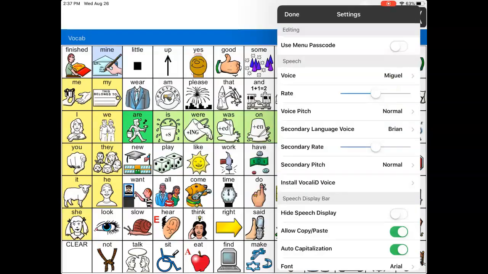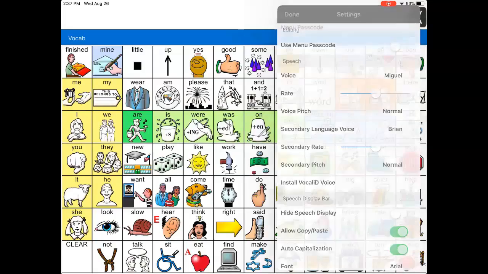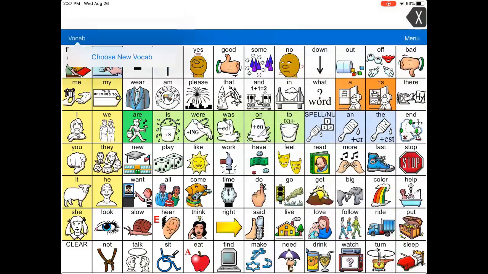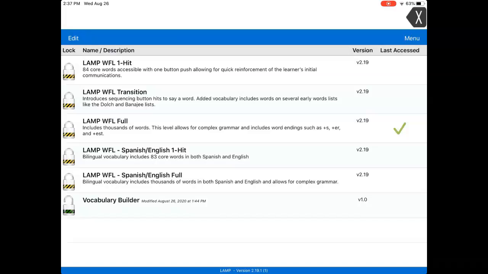So here's the problem with Miguel being your first voice and Brian being your second voice, is that if I go back into my Lamp Words for Life and I'm in an English only vocabulary, like the full Lamp Words for Life,